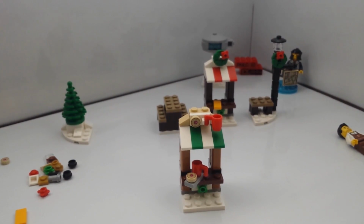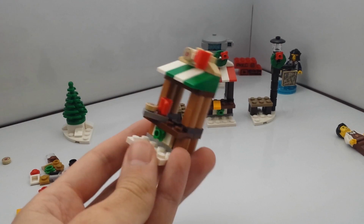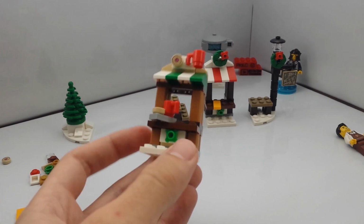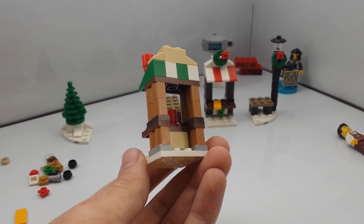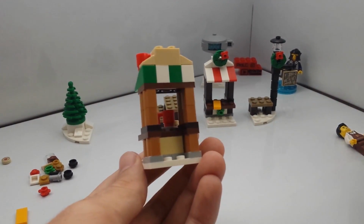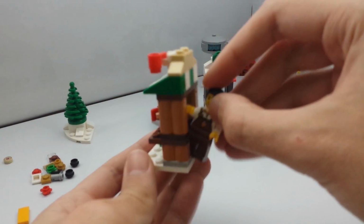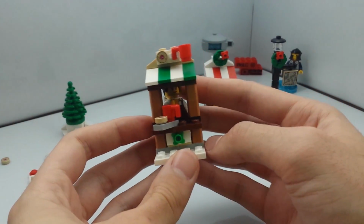I think both the stands are incredibly reasonably well done. So let's start with the first one here. It's like the cookies and milk, or cookies and hot chocolate something. They have steam coming off it, but it could just be warm milk, right? Warm milk something. So this back, you've got just enough room to fit a person standing at it slightly sideways so that they can peek through and just be like, hey, you want to buy